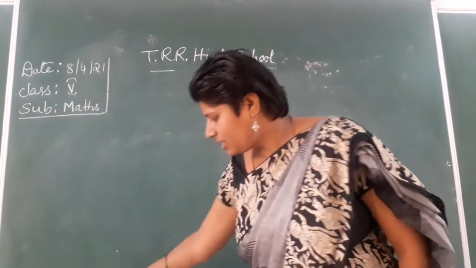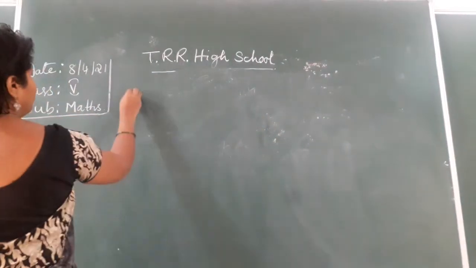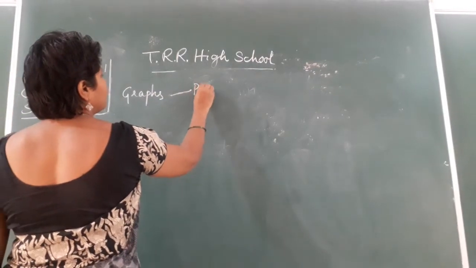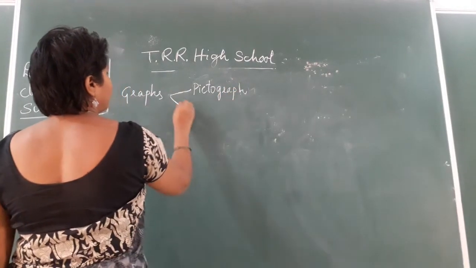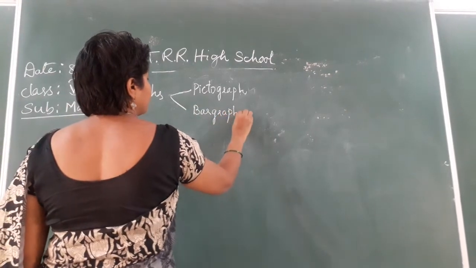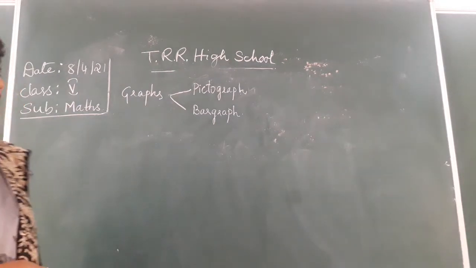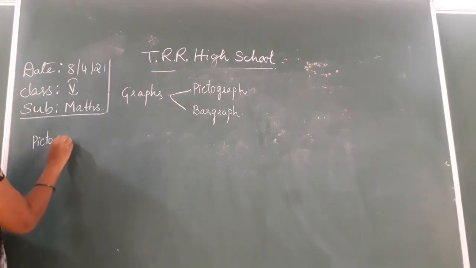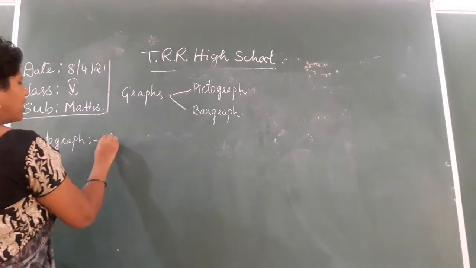table. And today we will see that we have two types of graphs. Graphs are of two types. One is pictograph. Next one is bar graph. So what are pictographs? A pictograph is a graph